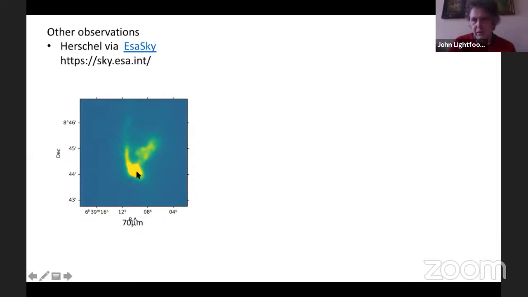At this long wavelength, you're looking at thermal emission from dust. So the things that you're seeing are where material is and how warm it is. It's not really hot. You can see the star itself down here in a big blob of material. This looks like a limb-brightened edge of a cavity, as it does in the optical. This is a blob, which again is something we see in the optical. So I think this is showing that there's warm stuff that can see the star, and there's quite a lot of it.